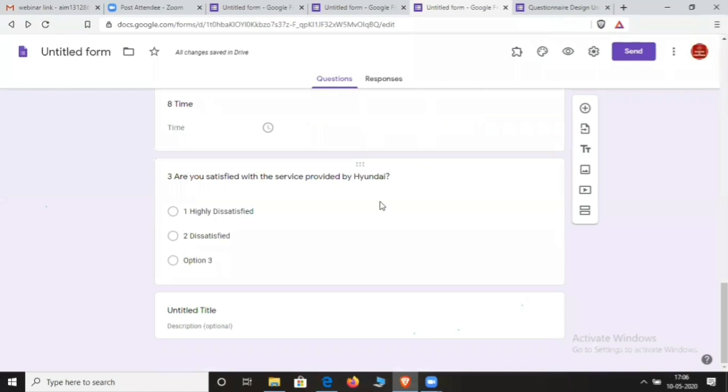For example, your question depends on another condition. Only if these conditions are fulfilled can you attempt the next question. So this is called a conditional type question. Now, how can we use this conditional type question to design our questionnaire?